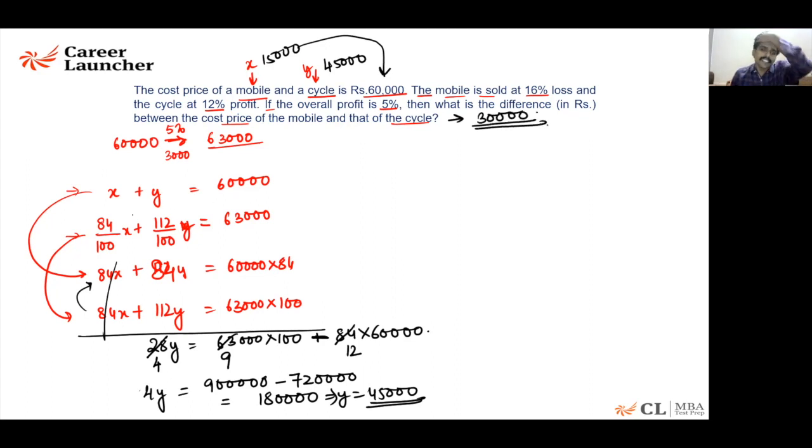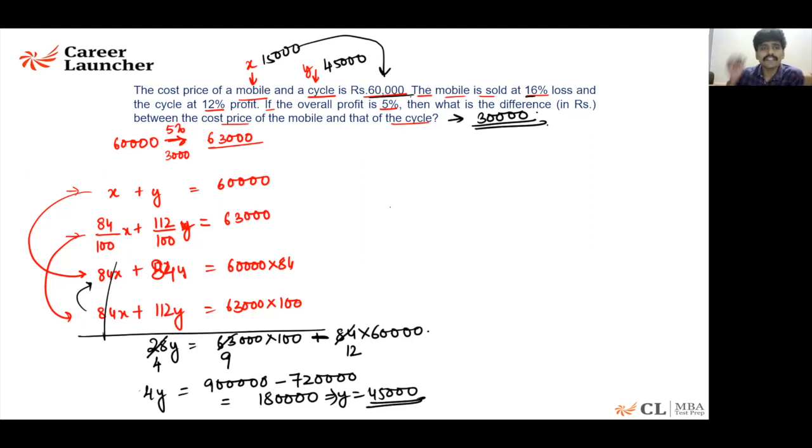Now, at the end of the day, this is two linear equations, with X plus Y as one of the equations, right? You could have simply looked at this particular set of linear equations as if this was a question of, let us say, hens and cows in a shed. If I say that there are 110 heads in a shed and there are 320 feet, including hens and cows, and you are supposed to find how many hens are there, how many cows are there, you can simply use an alligation method. So in this question also, we should be able to use alligation. Let us see how it goes.